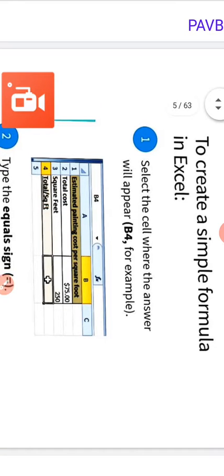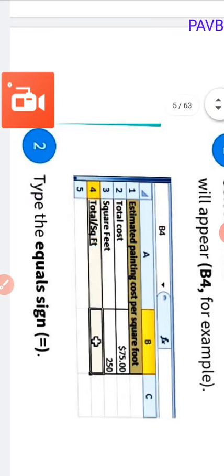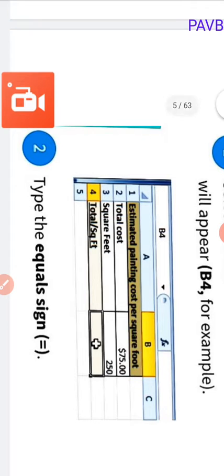To create a simple formula in MS Excel, select the cell where the answer will appear. See in the worksheet, we are representing the example as before. Type the equal sign.